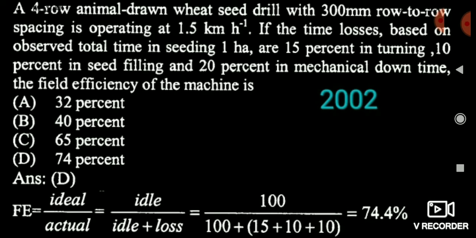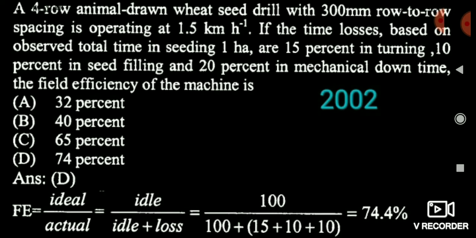Now friends, see another question. Here in this question it is asking about the field efficiency, and it has given different types of losses in the question, and the speed is given and the width is given. So you don't have to worry about the width and speed, because you have to calculate simply the